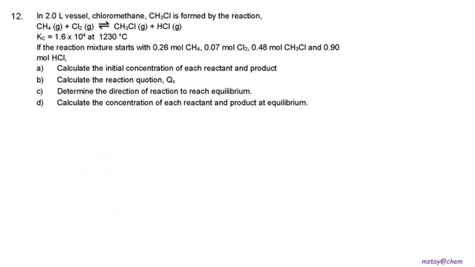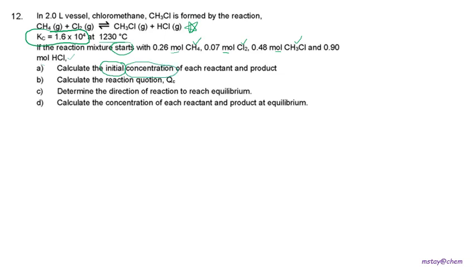Question number 12. In a 12-liter vessel, chloromethane is formed by the reaction based on this equation. Given the Kc value is 1.6 × 10^4 at 1230 degrees Celsius, the reaction mixture starts with CH4, Cl2, CH3Cl, and also HCl. As we know, start means it is referred to initial. All of these are given in number of moles, but the question is asking us to look for the concentration of